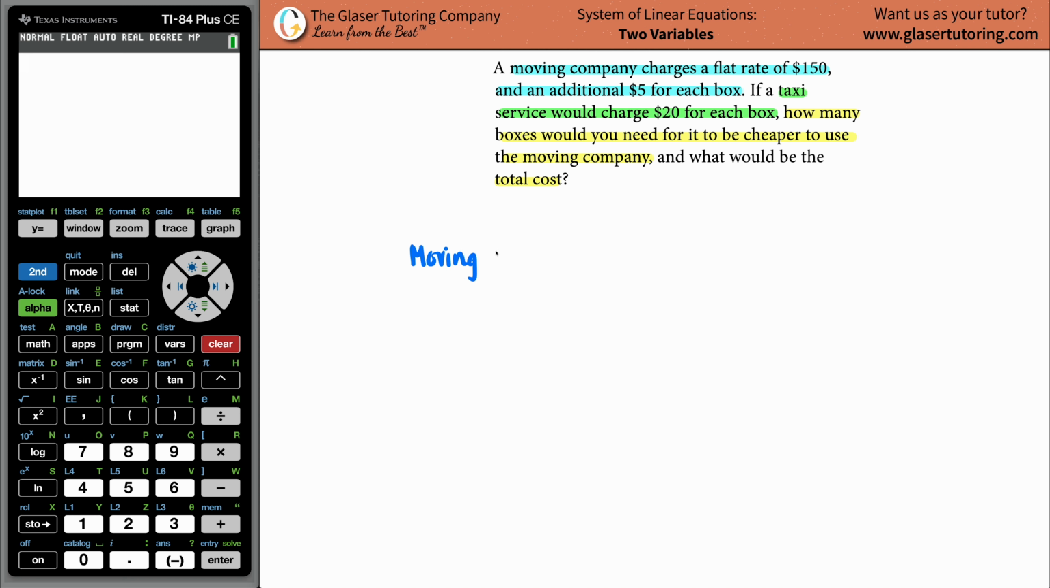So we got the moving company, and let's find out what the moving company is going to charge. So maybe we'll say total charge equals. Now, the moving company had said that they're going to charge you right off the bat a flat rate. And usually, if something is being charged as a flat rate, it's a one-time deal, which means that there's nothing that is tied down to this number. This number just exists. So you're just going to have to shell out $150 just for using the moving company